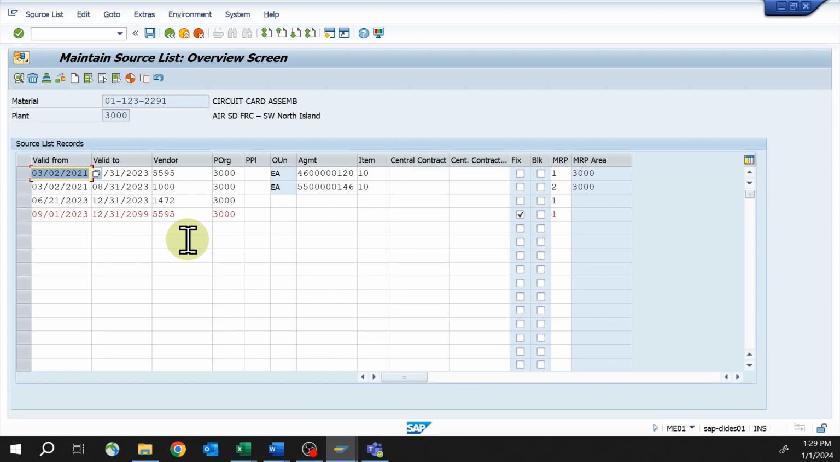And you can control in the material master whether a source list is required or not. And when you get a little further along in your automation journey, you're maybe using scheduling agreements, contracts, quota arrangements, or even the functionality that will automatically convert your purchase requisition into a purchase order,